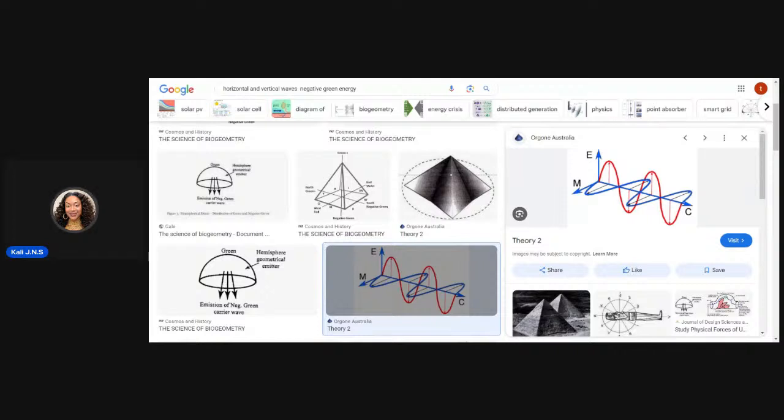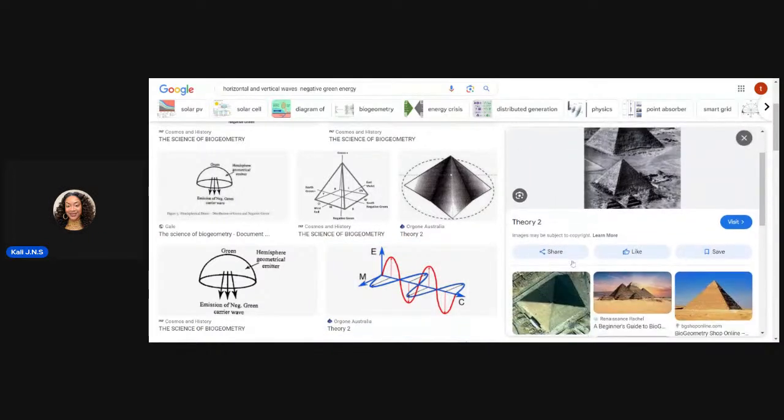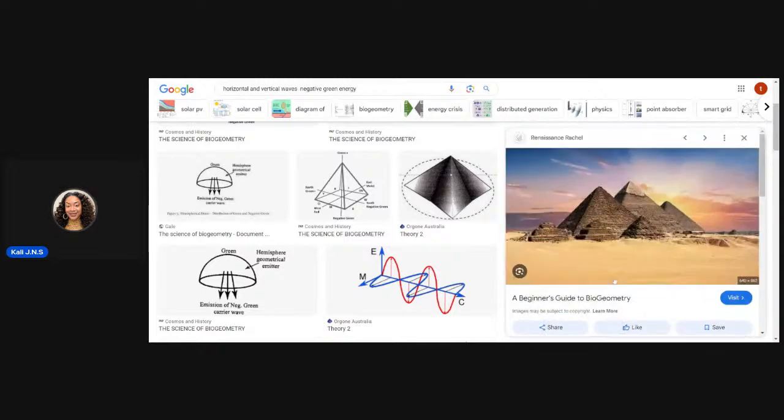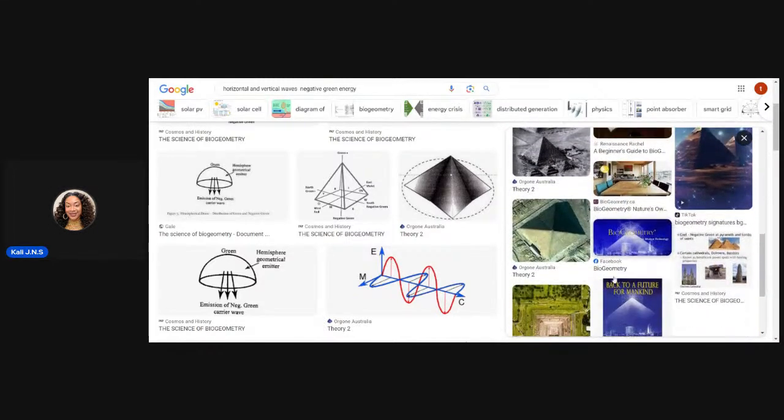And so let's talk about the vertical wave, just a little more detail, when we talk about the Egyptian. Let me see if I can show you some Egyptian pyramids. Let's see. Well, we could go here. We could actually go here. So when we talk about the Egyptian pyramids, particularly the king's chamber, let me see if I can find one